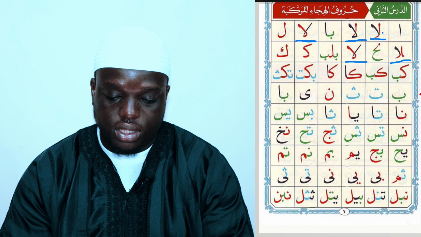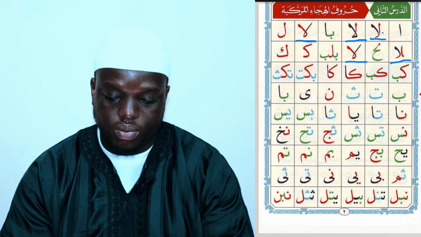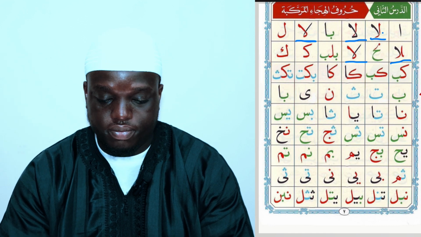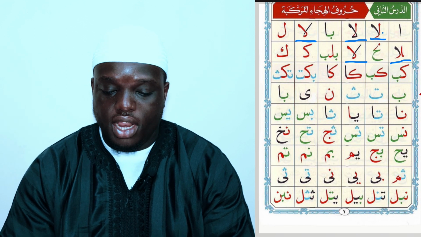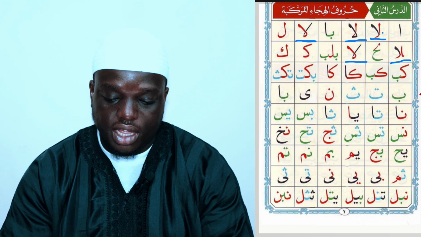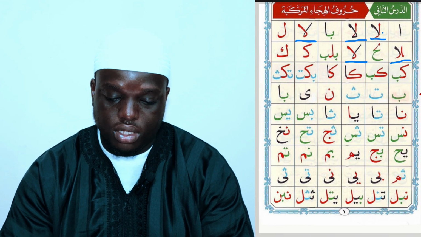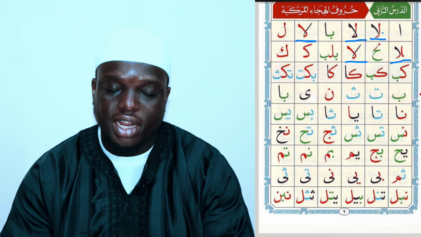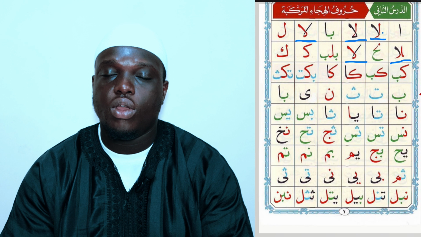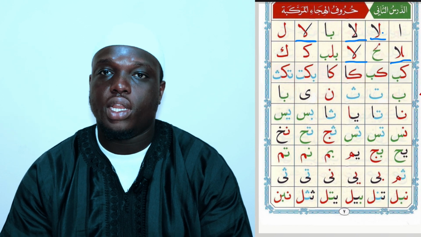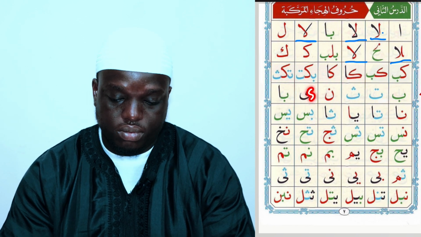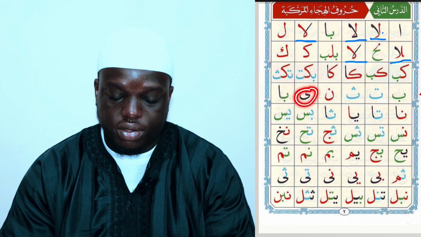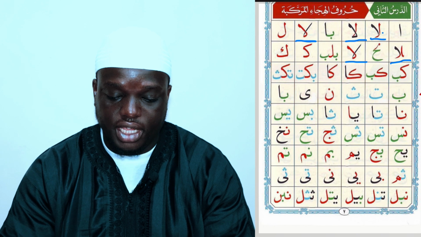So these letters we see here in this line are written in their original form. And the reason why they're placed here next to each other is because they all have a similar shape. Now we're going to learn how to identify and recognize them when they're joined in with another letter. All right. And ya as well. So ya is a bit special. But these